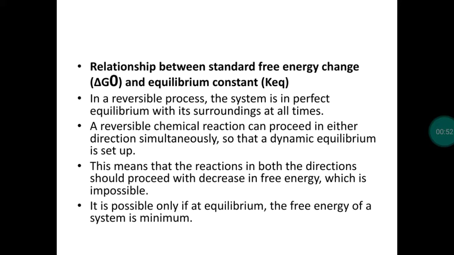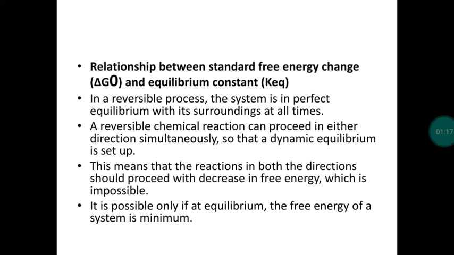A reversible process will reach equilibrium at one particular stage. We already studied much about equilibrium in the 8th lesson. In the equilibrium condition, the rate of the forward reaction will be equal to the rate of the backward reaction. So we cannot get the product as well as we cannot get the reactants. Many details we have already studied.